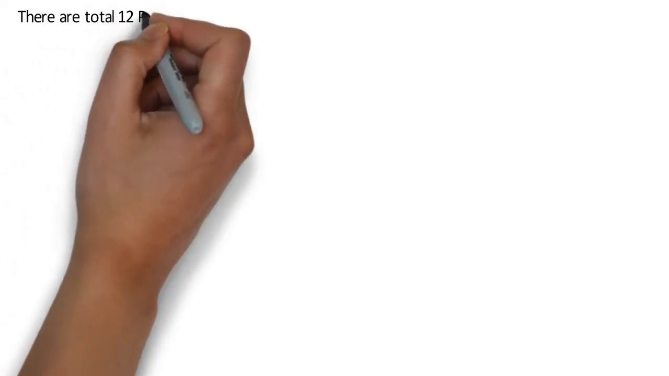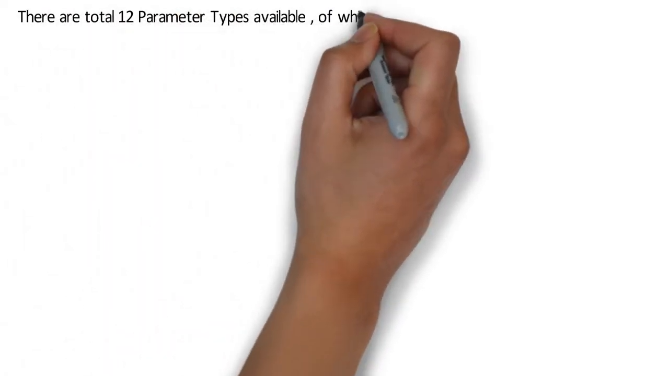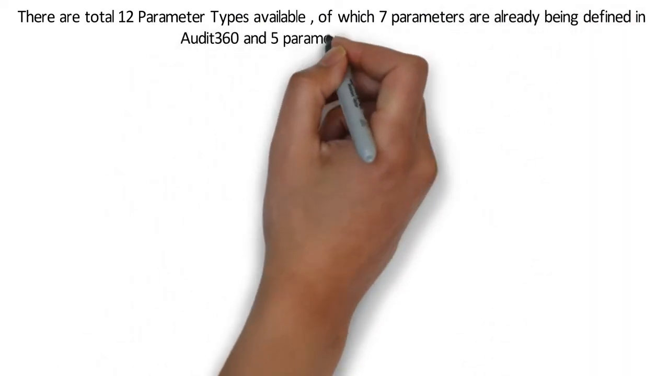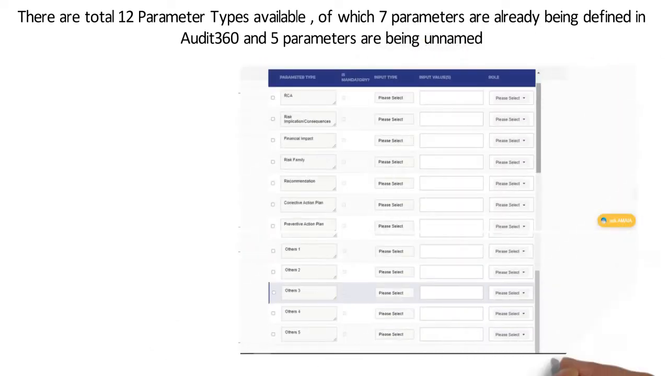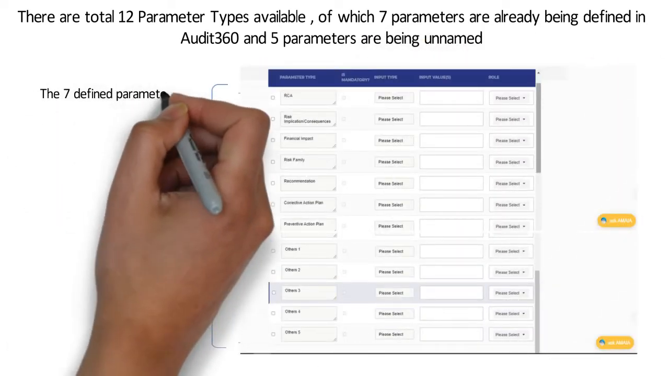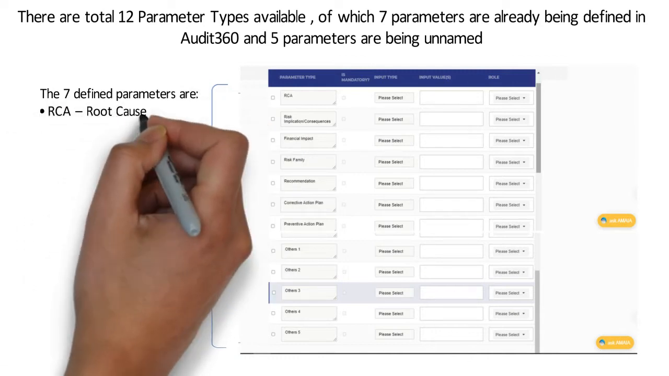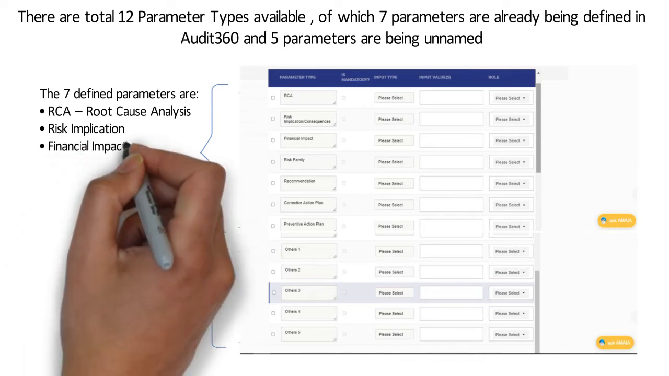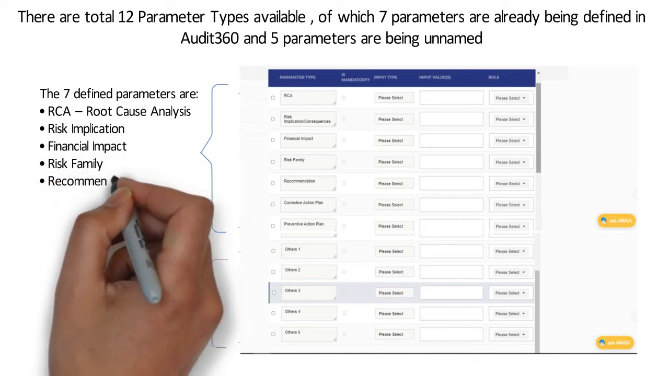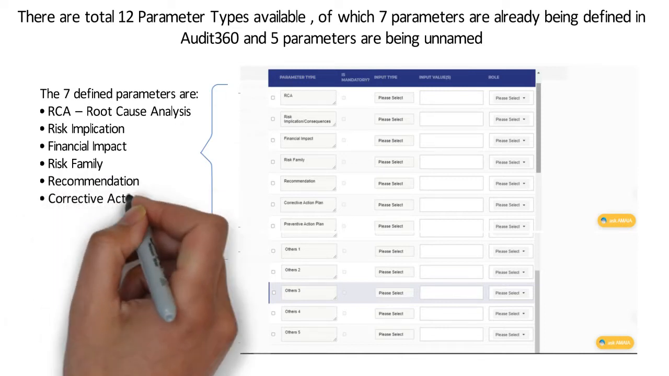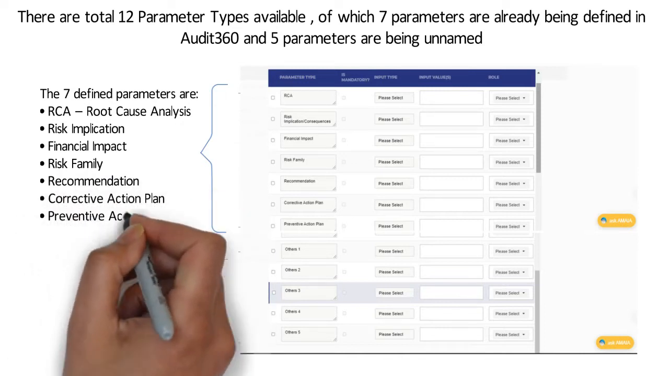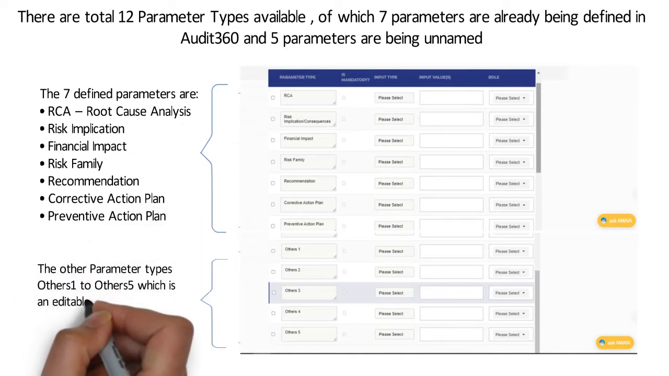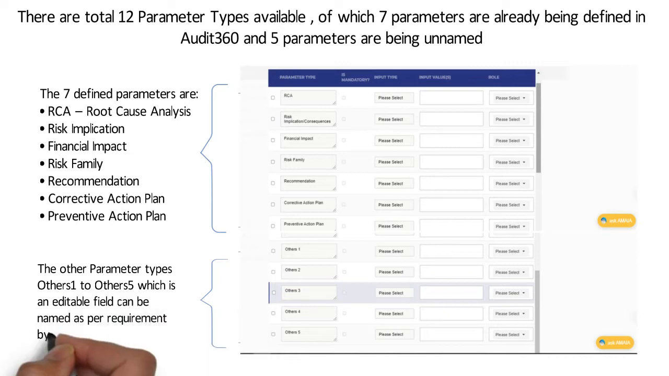There are a total of 12 parameter types available, of which 7 parameters are already defined in Audit 360, and 5 parameters are unnamed. The 7 defined parameters are RCA (root cause analysis), risk implication, financial impact, risk family, recommendation, corrective action plan, and preventative action plan. The other parameter types, Others 1 to Others 5, which are editable fields, can be named as per requirement